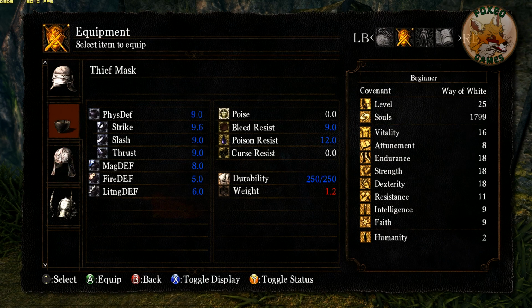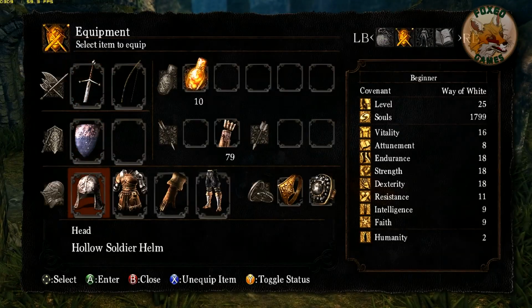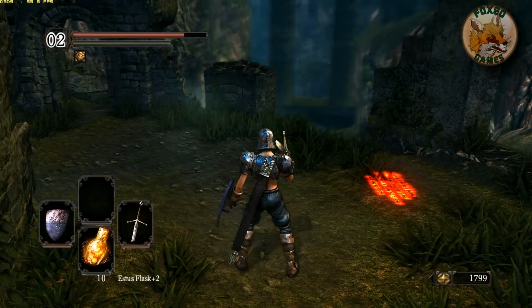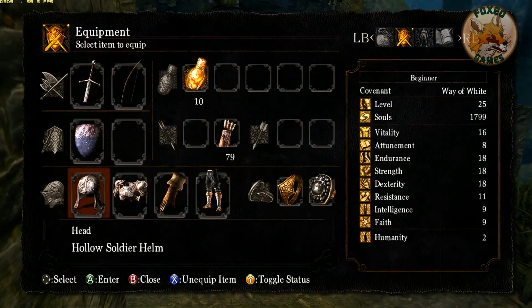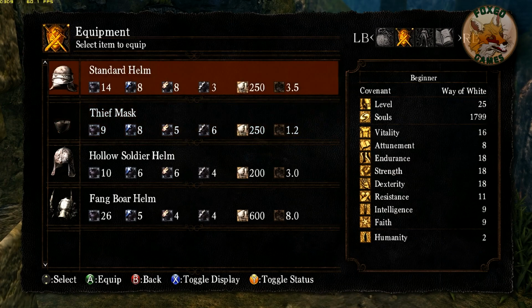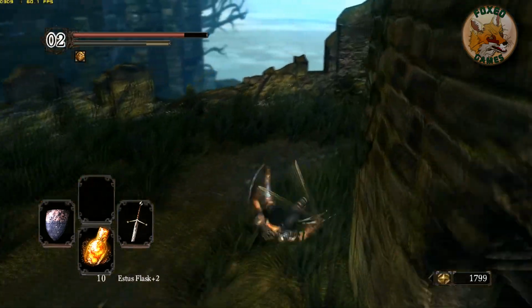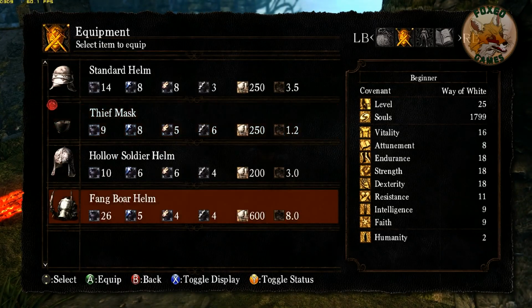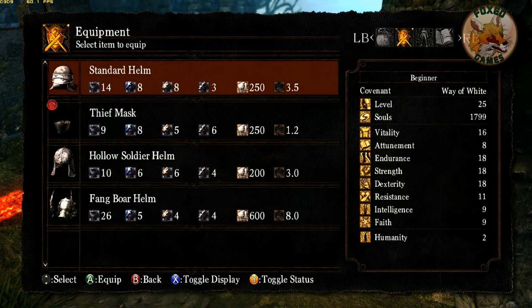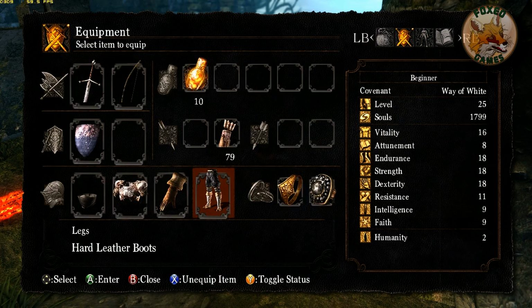However, poise 5 and 5. It will allow us to equip more gear and still fast roll, but not that. Wait, can we do that? Yes, yes we can. And then, could we do a thief mask as well? Yes. What about... No, I don't think we can do this. No. Okay, how about... Actually, can we do...